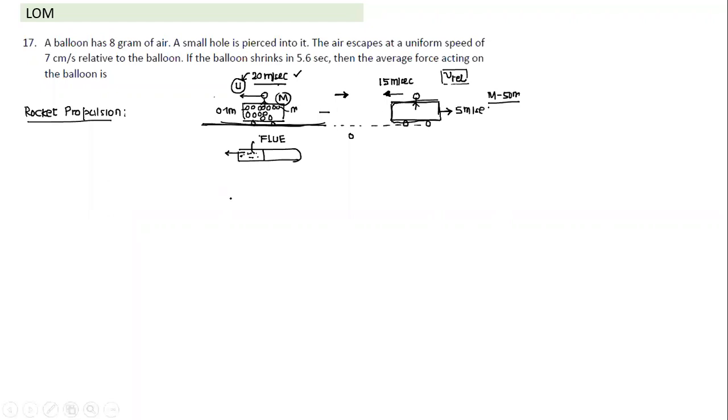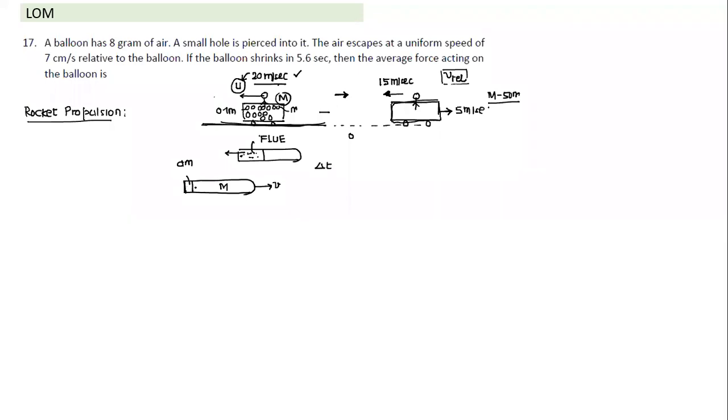Let's do it in terms of an equation. What happens in case of rocket propulsion? Let's do that, and it is useful in some other cases also. See, what we observe, there's a rocket here, and let's say there's a small mass dm of flue gas, and the rest of the rocket mass is m. At a particular time, it is moving at velocity v, and in time delta t, this flue gas escapes